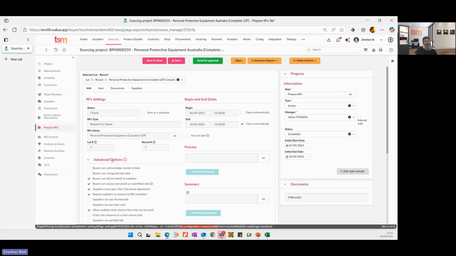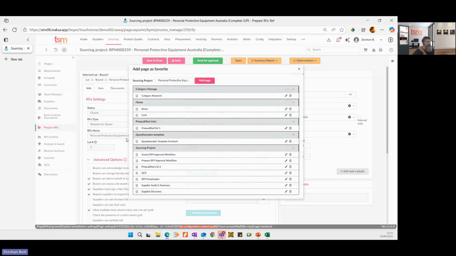The second workflow is generally used at the awarding stage because some people even have an awarding committee. Once they look at that review, the committee reviews it, or maybe somebody reviews it, and then it needs to be signed off by somebody before it's awarded. So we can also use that. If I just go to the RFP award scenario,